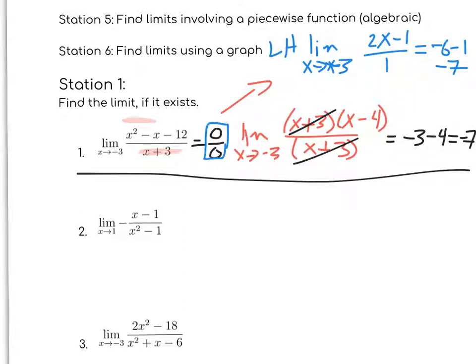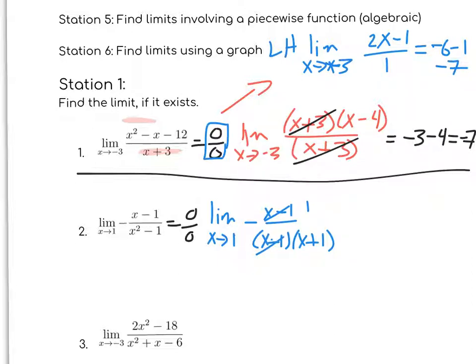For number 2, first things first, again, if I plug in 1, I get 0 over 0. That means I might be able to factor. So the limit as x approaches 1 of negative, and then x minus 1 on top. The bottom is a difference of squares. That's going to be x minus 1 and x plus 1. Those cancel out. That leaves me with 1 on top, and I'm left with negative 1 over 1 plus 1, which is 2. If I wanted to instead use L'Hopital's,